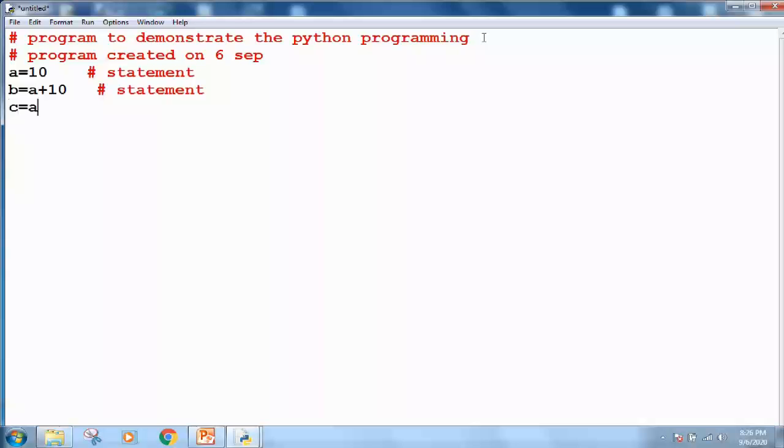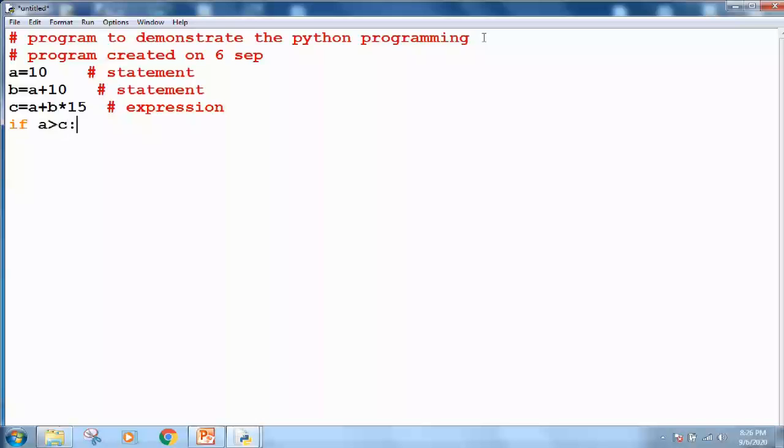Now I can write a print statement, or I can write an expression in this way: c is equal to a plus b multiplied by 15. This is known as an expression in programming.